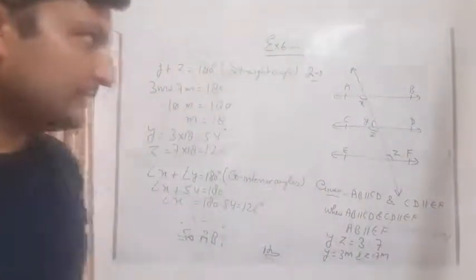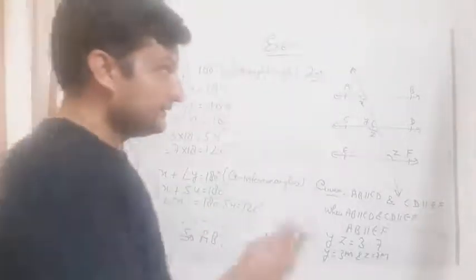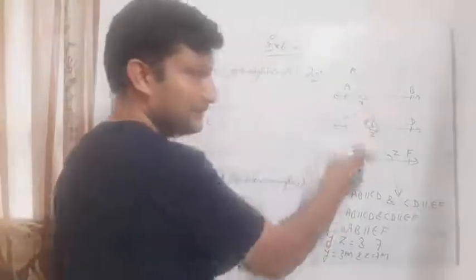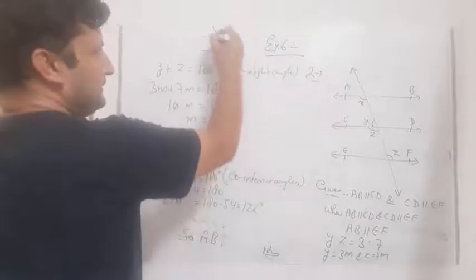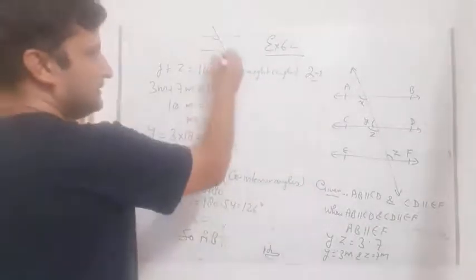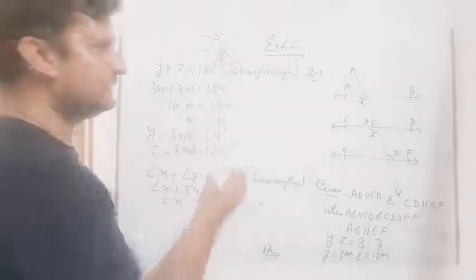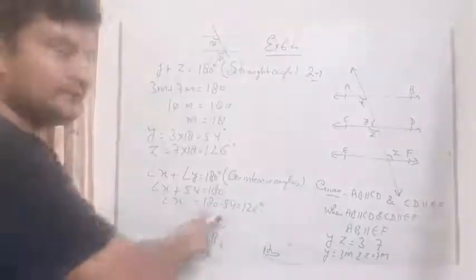Student, we can do it another way also. Earlier we have noticed that these two angles are corresponding to each other. I have told you earlier that these two angles are called corresponding. When two lines are like this, these angles are called corresponding angles. Student, we can say that if this angle is 126 degree, it means this angle is also 126 degree. So this is called corresponding angle. So both the answers are right.